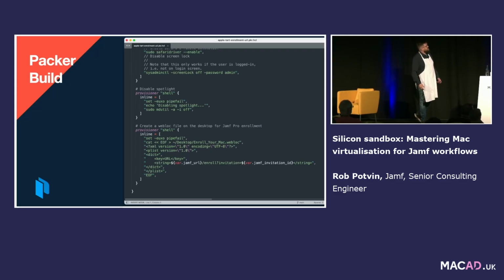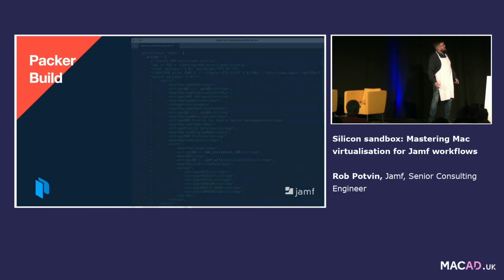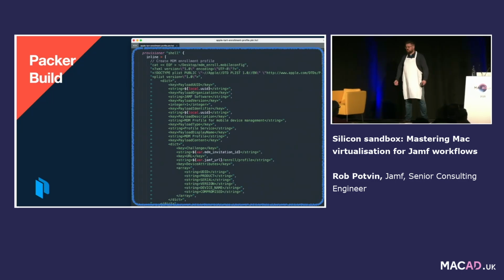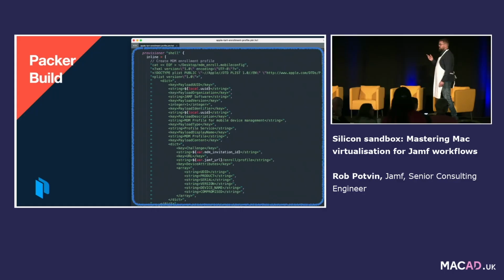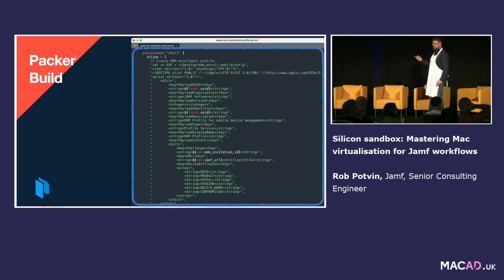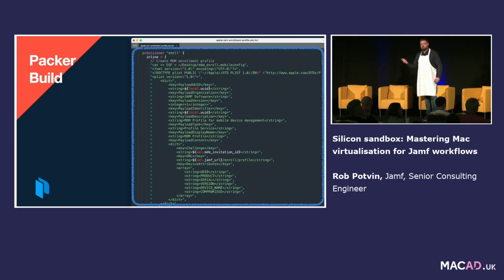Here's another one. Right here. It's another big one. Too big to zoom in, but comment to my code. This puts an enrollment profile on the desktop of the device. So when you're done building it, you won't have a link to go to the website. You will just enroll the machine.